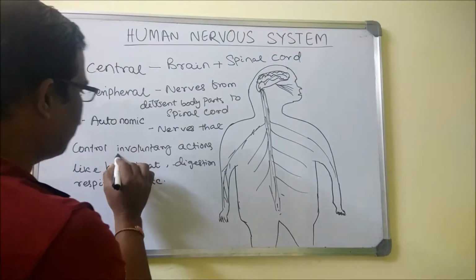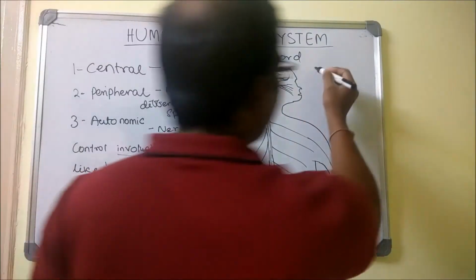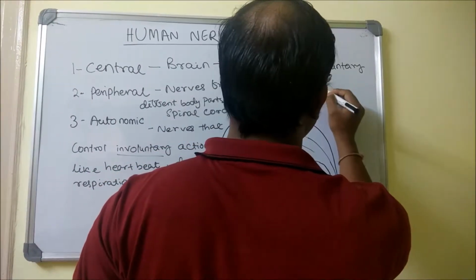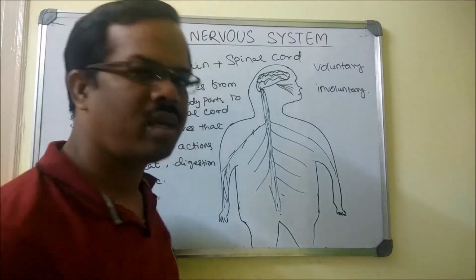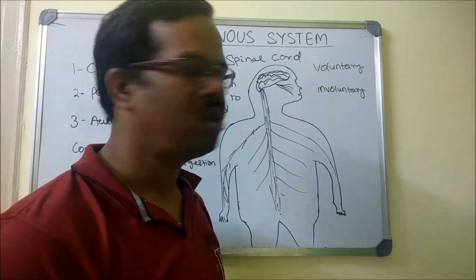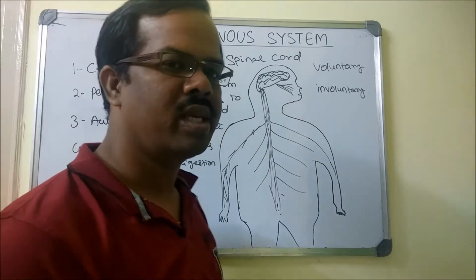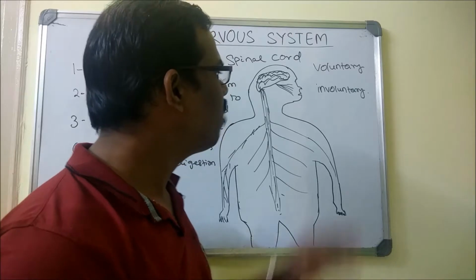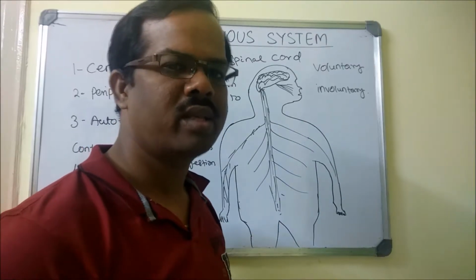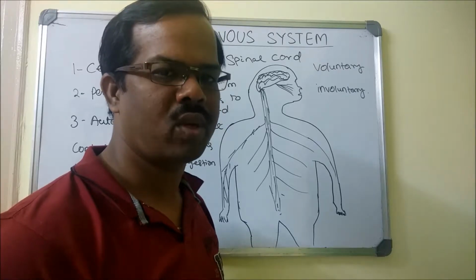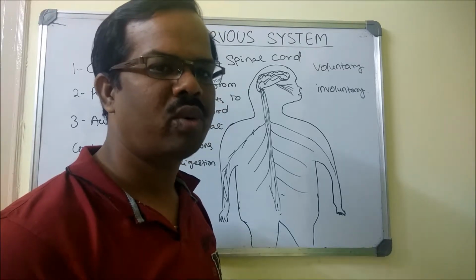What are involuntary actions? There are two categories of actions. One is voluntary, another is involuntary. Voluntary is where you need instructions from the brain to function. The action is initiated by the signal from the brain. Involuntary actions happen automatically in our body without the knowledge of your brain or without any instruction